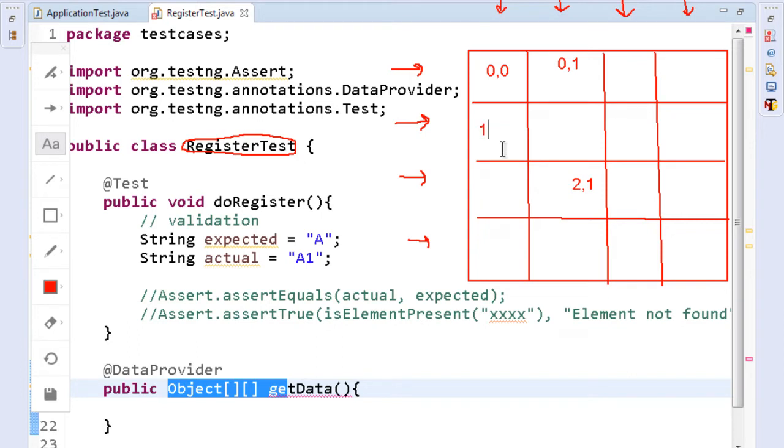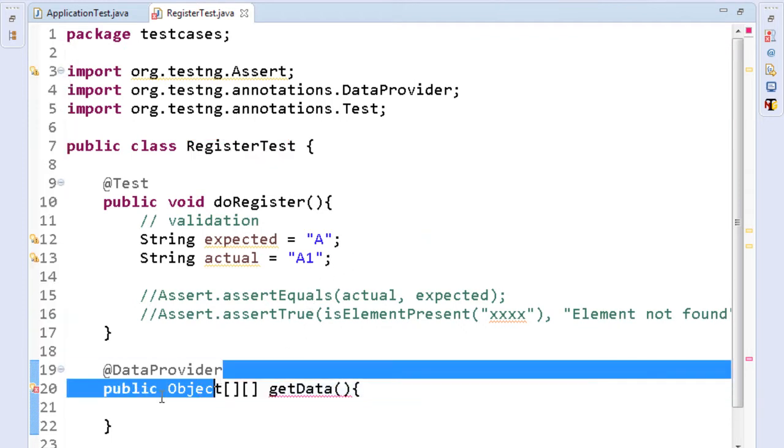This is 1,0, the first row's 0th column. So you place the data like this. In the first row you will keep the data of the first iteration. In the second row you will keep the data for the second iteration.